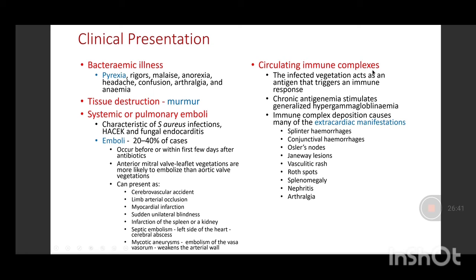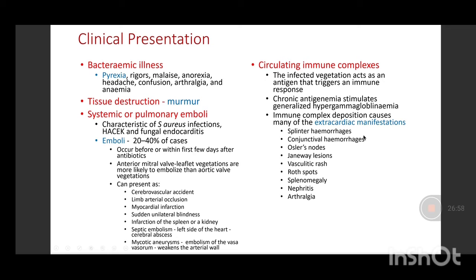Staph aureus produces infarctions in the spleen or the kidney, and so on. Similarly, the last part is circulating immune complexes. The presence of antigen and antibody, or globulins, can lead to what is known as